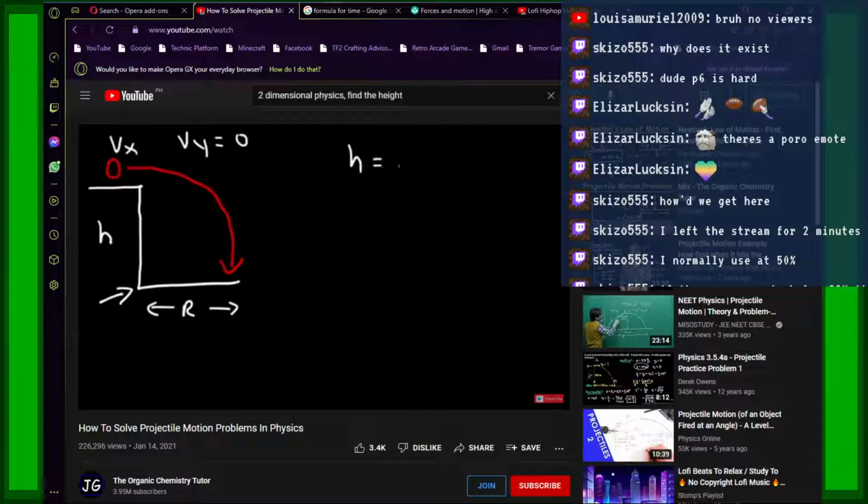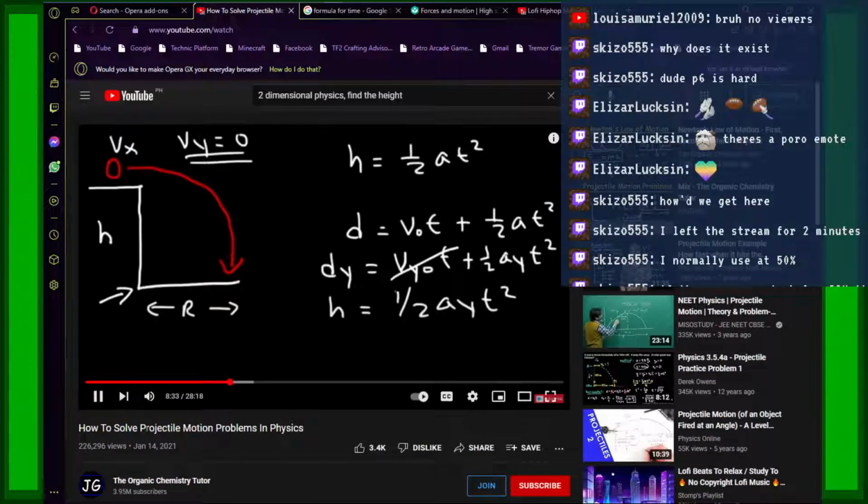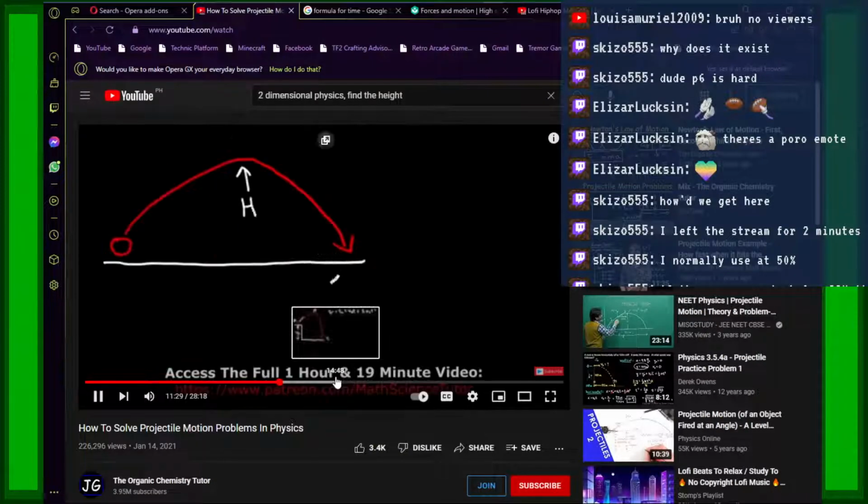So you can easily find the height using this equation. H equals 1/2 a t squared. It comes from this equation. Now, because height is a vertical displacement, everything in this equation that we use has to be in the y direction. So we need to use dy, vertical displacement, equals Vy initial times t plus 1/2 ay t squared. Now, dy is basically the height. At the top, Vy is 0, so this term disappears, and so you get this equation. So make sure you know this equation. H equals 1/2, or the maximum height of the trajectory.